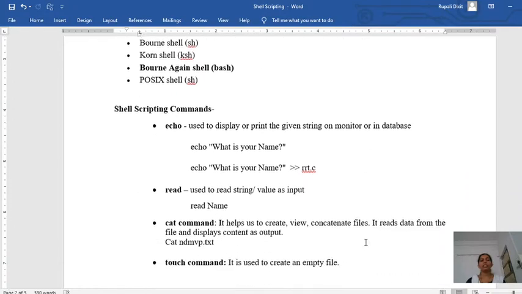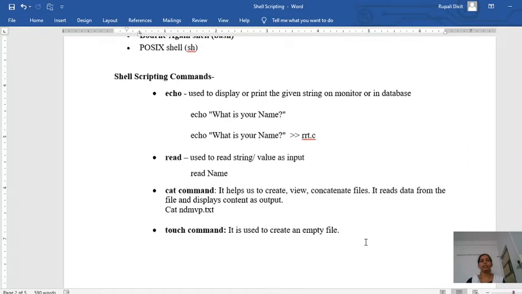We'll go for shell scripting commands now. The first command in shell scripting is the echo command. Here I'll be discussing only the commands which will be useful for writing the first program of our SL2 subject practical.